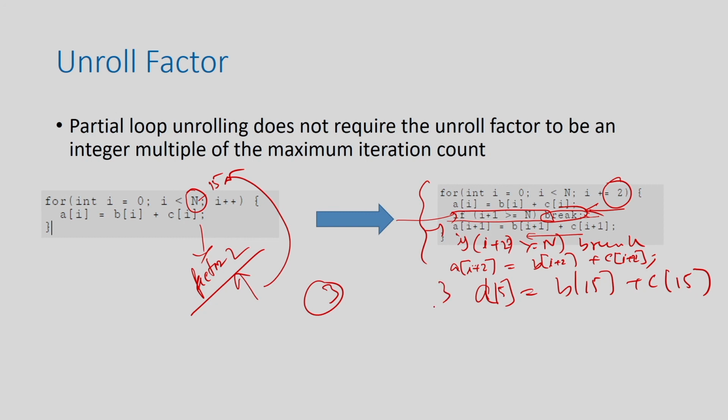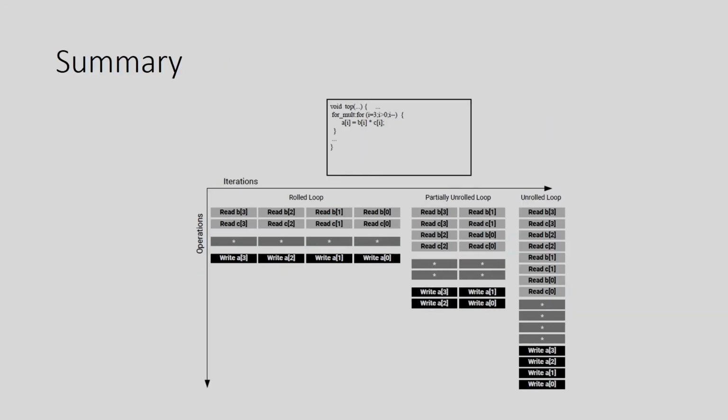Okay. So, this is how you can manually do that, or if you do not do that, if you put an unroll factor which is not a perfect multiple of the actual number of loop iterations, it will automatically do this in general, but it is not advisable, because it actually takes an extra condition check in the hardware. Okay. So, with this I am going to summarize this class.